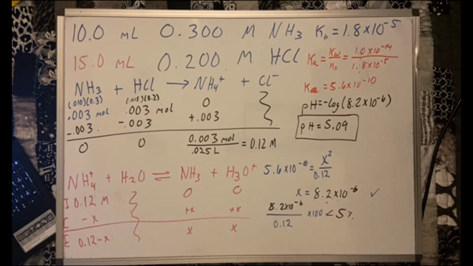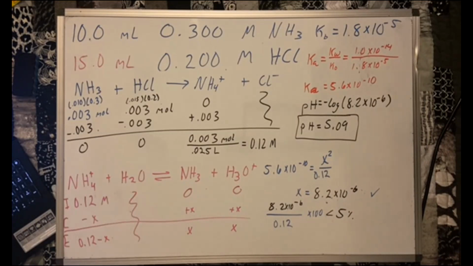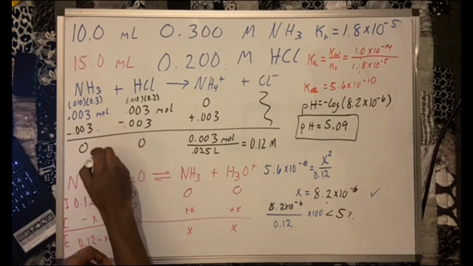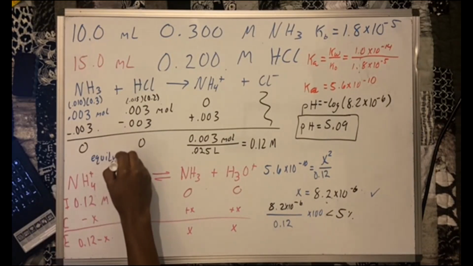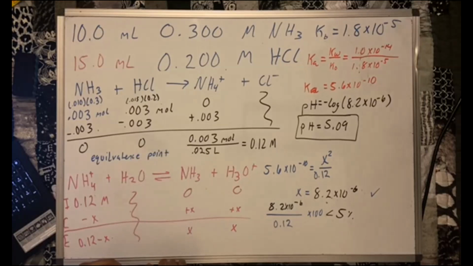Okay, makes sense, right? Oh, and also remember this little definition in case it's asked in multiple choice: this is the equivalence point, because your moles of acid equal your moles of base. So this is the equivalence point. So could you have used Henderson-Hasselbalch like the last problem? No, I couldn't, right? Because,